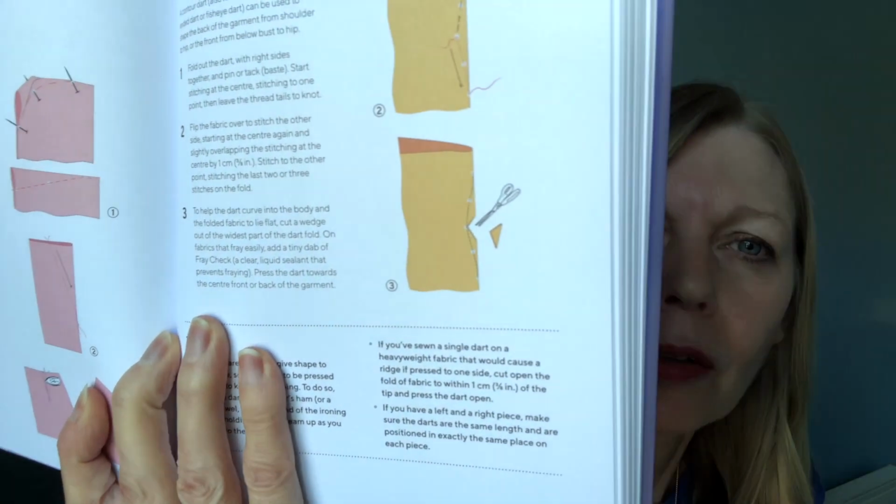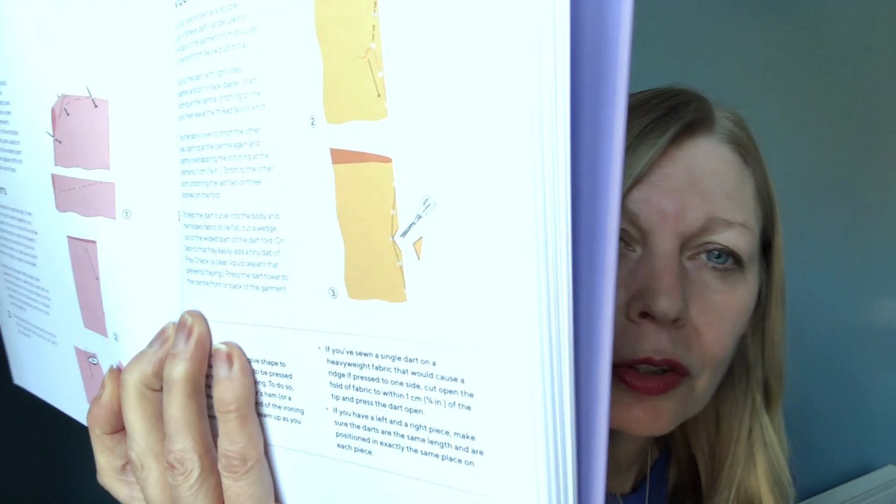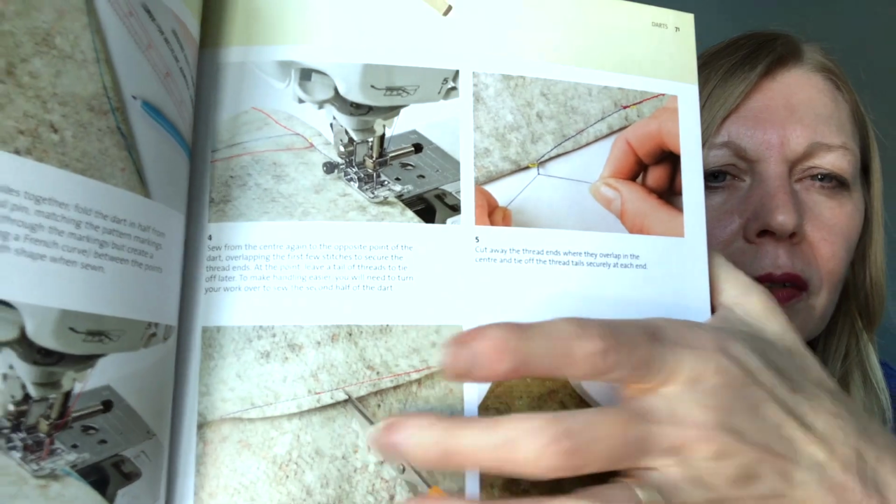I think sometimes people have criticised photographic instructions because they're not always clear whether they're working on the right side or the wrong side. So interestingly, the Sewing Bee Techniques book here, when it's looking at contour darts, is telling you to actually remove a wedge out of that contour dart, which is something I've never ever done, whereas the Lorna Knight one here is just telling you to put a little snip in it. And I thought that was interesting, and it just takes you into a chapter that I want to read out